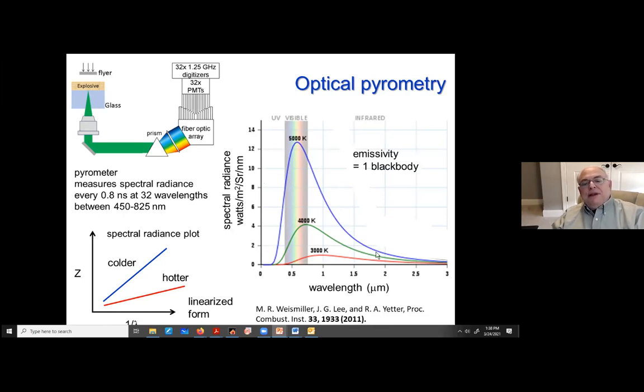Well, we get 1 million of these. And instead of trying to plot them this way, we use this kind of plot here, which has many names. I learned this from Rich Yetter at Penn State. As you know, any funny function can be made into a straight line by messing with the axes. The specific axes you plot here are 1 over the wavelength and some complicated function that I'm not going to talk about right now.